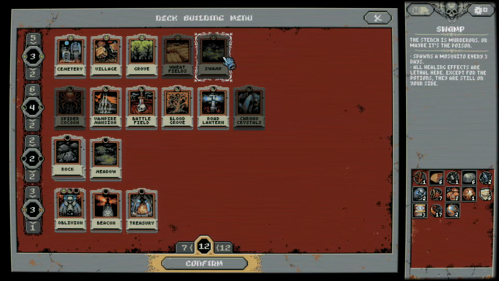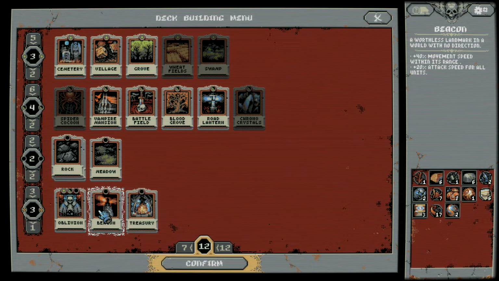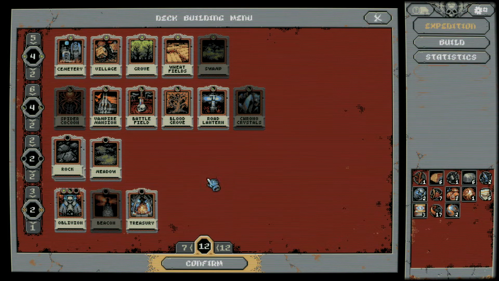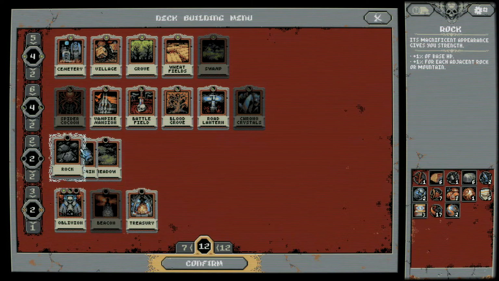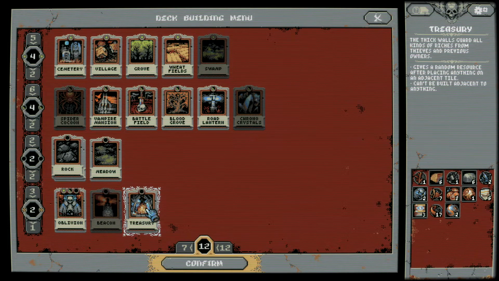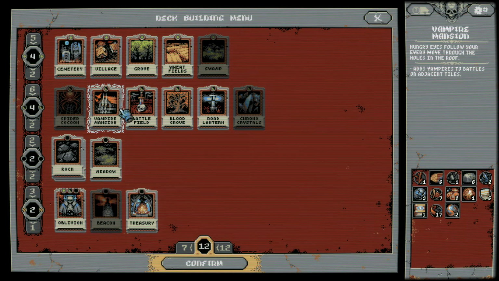Swamp didn't really intrigue me the first time around. Honestly, I don't even use beacons that much. I've always put wheat fields in there. I'm assuming at some point we can increase our max. Treasury's good, just gives you a bunch of resources. And meadows and rocks are useful for that as well. The blood growth is actually helpful in the sense that when we killed the flesh golem, we got a lot of really good gear. And supposedly the vampire mansion works well with villages, so...